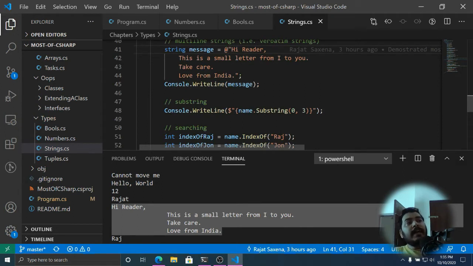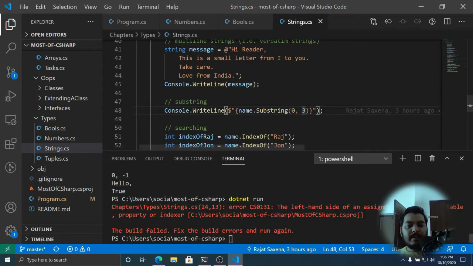Then on top of that, we also have some utility functions that are available on variables of type string. The most common function is substring, where we want to extract some part of any string. Substring takes two arguments. This is the position it should start extracting characters from, and this is the number which tells how many characters it should extract.